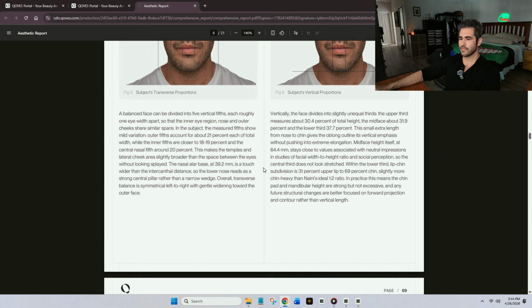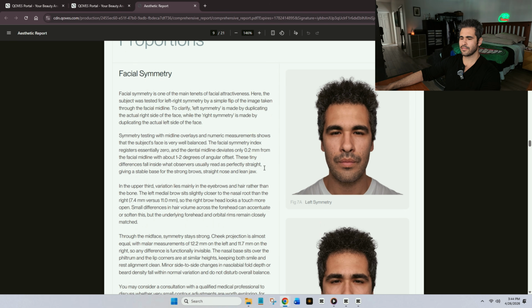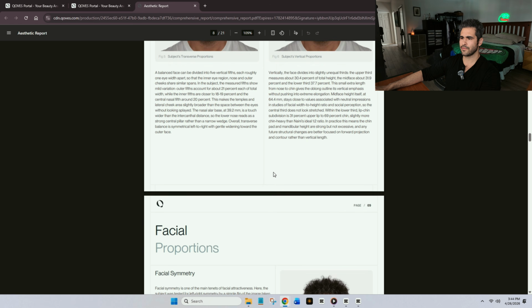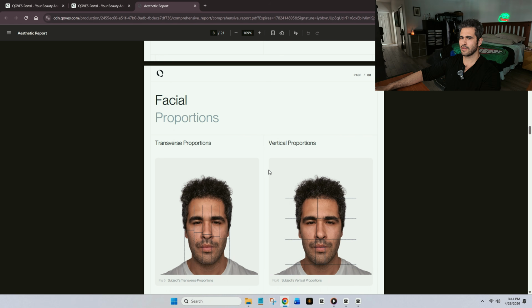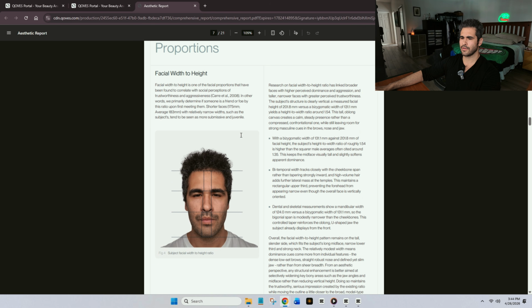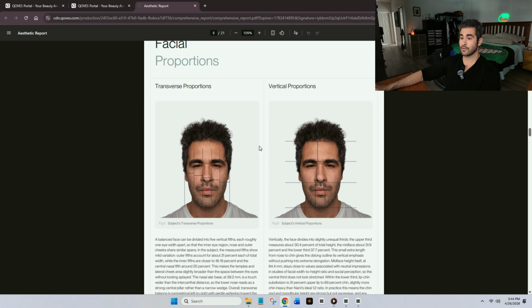What do we got here? Left symmetry. All right, and I did scroll through that real fast, guys. Let me go back real fast. So this is facial proportions. Yeah, so the next few pages are facial proportions, width to height, transverse and vertical proportions,